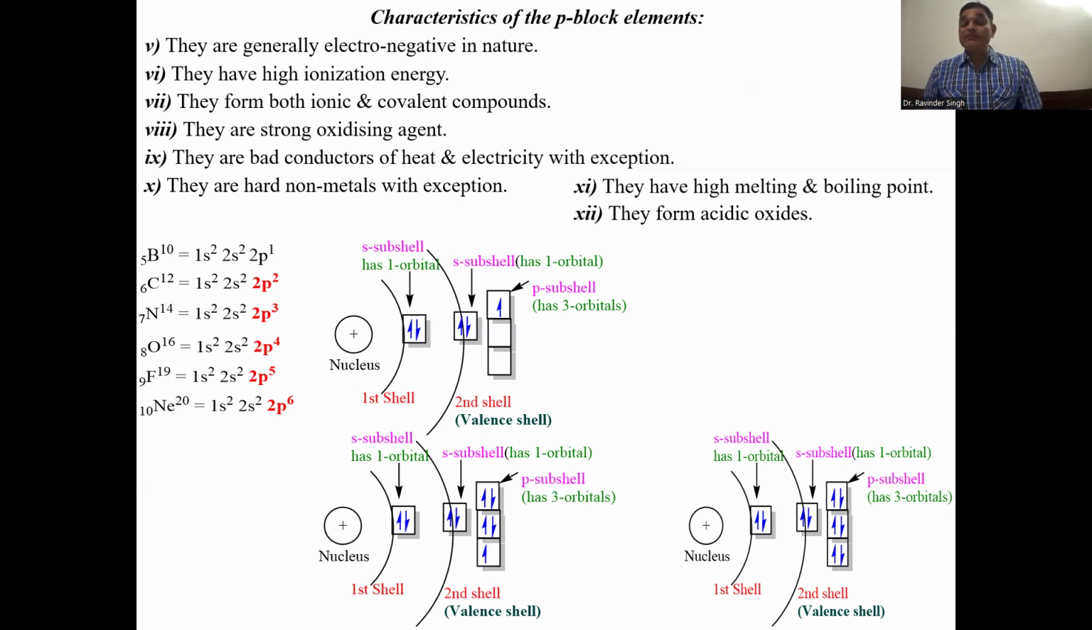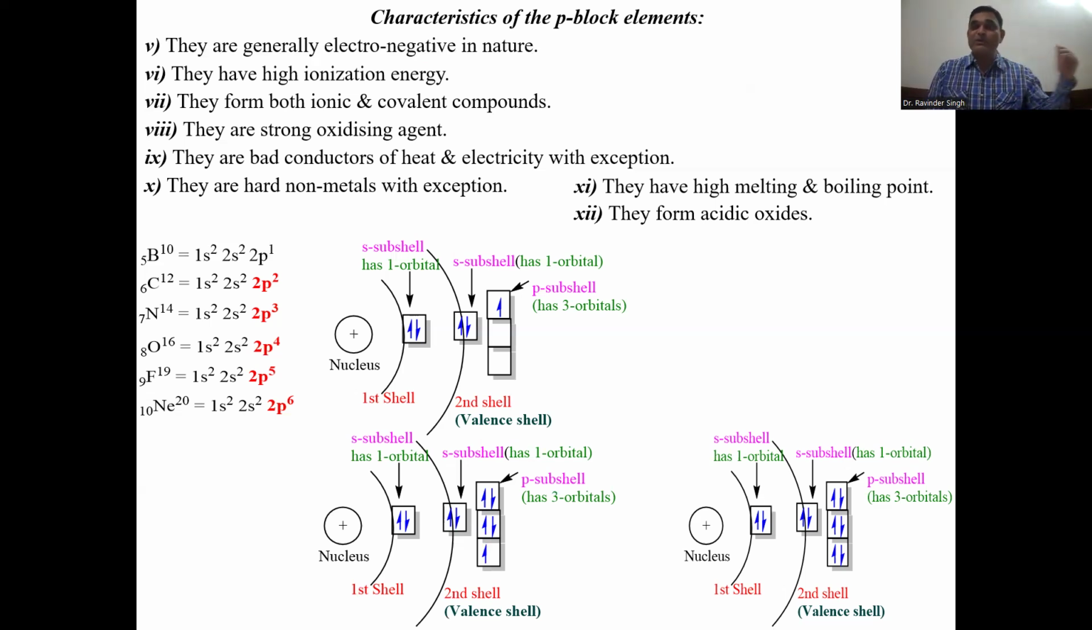That's the next characteristic. They form acidic oxides. Means these p block elements, when they react with oxygen, form oxides. And in these oxides, the central atom will be the p block element. For example, boron oxide B2O3, aluminum oxide Al2O3. Means the central element is the p block element, and that central element has